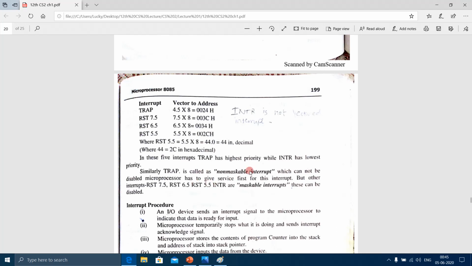The microprocessor has to give service first. The first and foremost thing the processor has to do is to service this interrupt. But the other interrupts, RST 7.5, RST 6.5, RST 5.5 and INTR are maskable interrupts. These can be disabled.